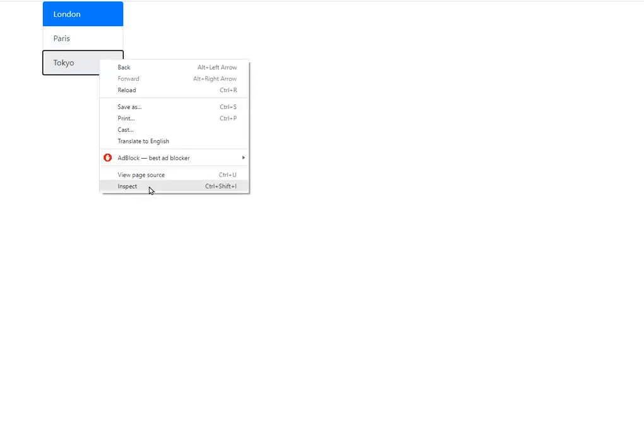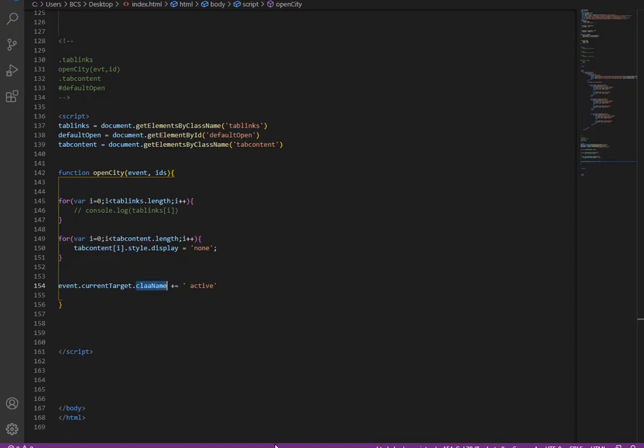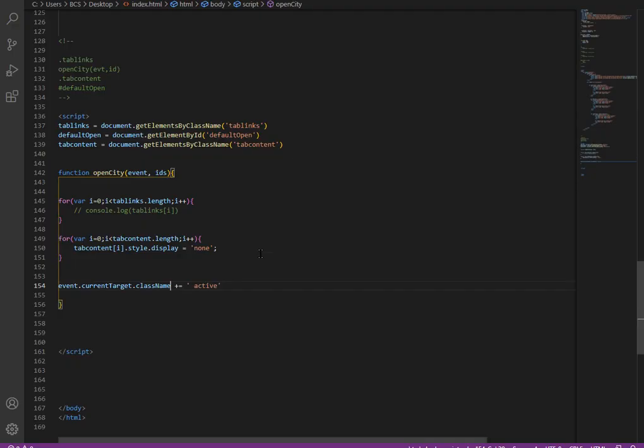Refresh. There is no sign of adding, sorry, to adding class it is className. Now if I refresh, click on Tokyo, click on Paris, now you can see on each click you are adding the class. But on every click I want to remove the class active as well.